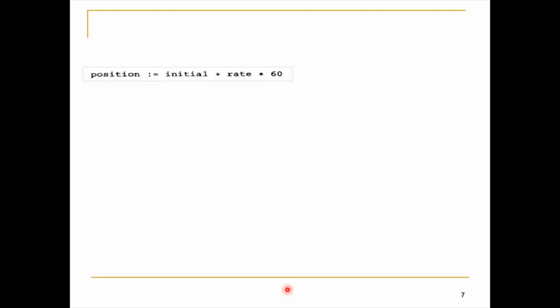You guys no need to worry about any of those steps. We are just taking an arbitrary statement, and we will discuss what happens to this statement when it passes through each phase of the compilation. Our statement is position equal to initial plus rate into 60, and it passes to the first phase